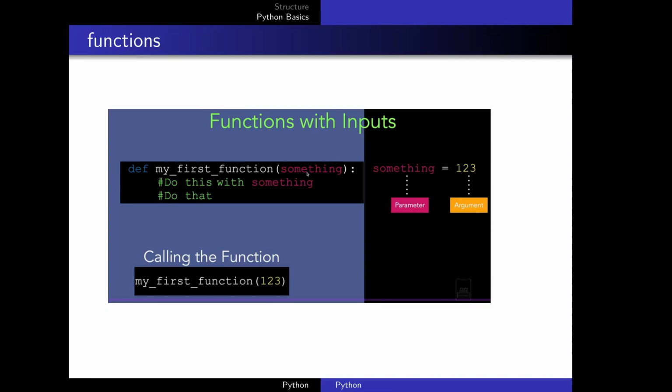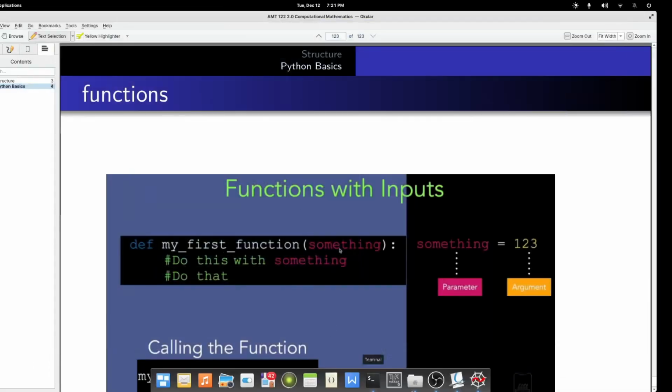Sometimes they get used interchangeably, but when I say parameter, it's this variable. And when I say argument, it's this value I pass into the function. This specific value 123 is the argument and this something is the parameter. Okay, so now I will show this in action in our